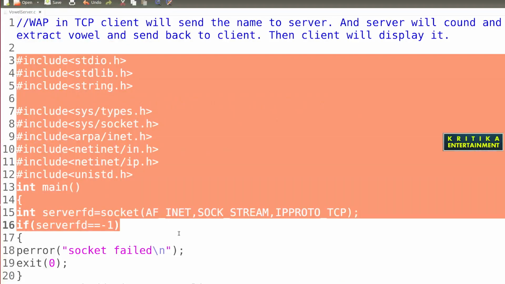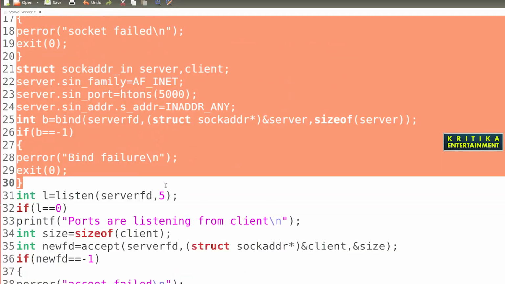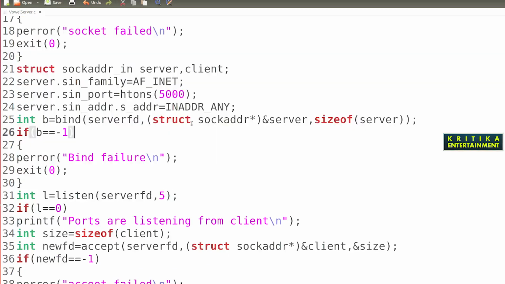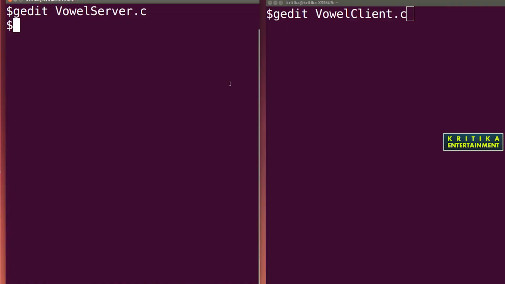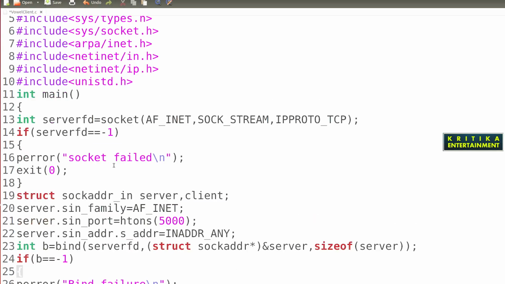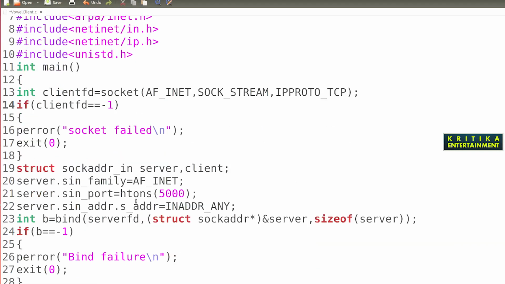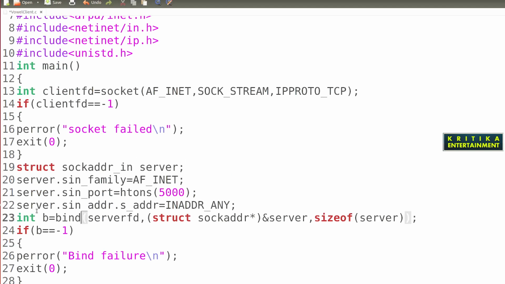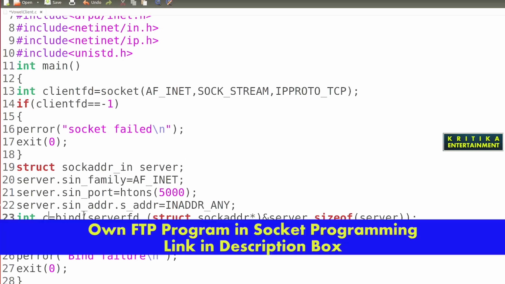So the same program, I will copy up to this. Then I will modify this, because I want to save your time. So here go and paste this. Then instead of server side it is client side, so you will write client fd here, and also here write the client fd. Here you don't write the client side, because this is one client, it is itself a client, so no need to write this. Then instead of b, here write the c, because I want to connect to the server.